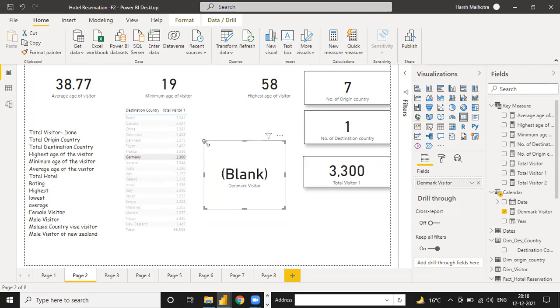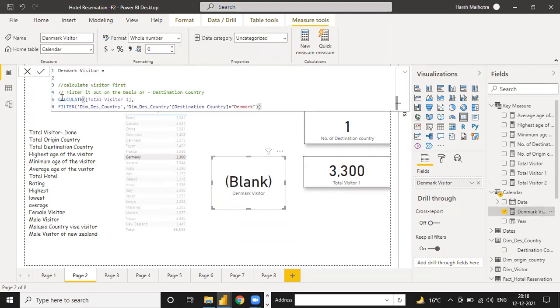Instead of blank, if I go to this again, you can filter it out and write one other function. If I select any other country, then this should not be blank. This should be nil. You can write it as nil.